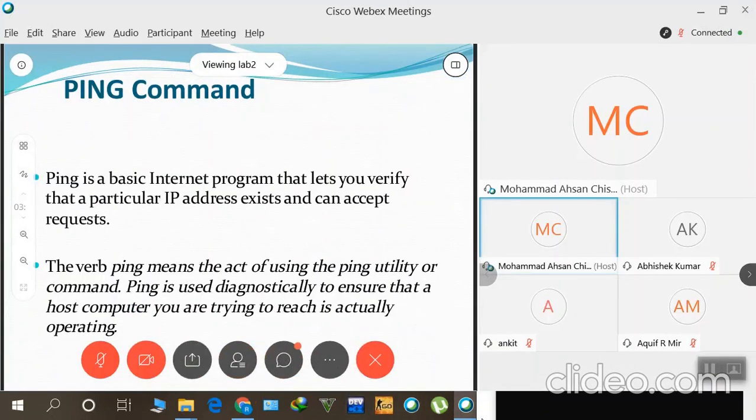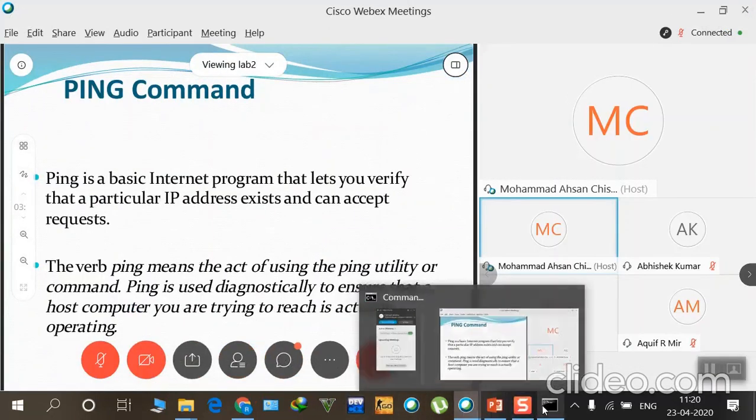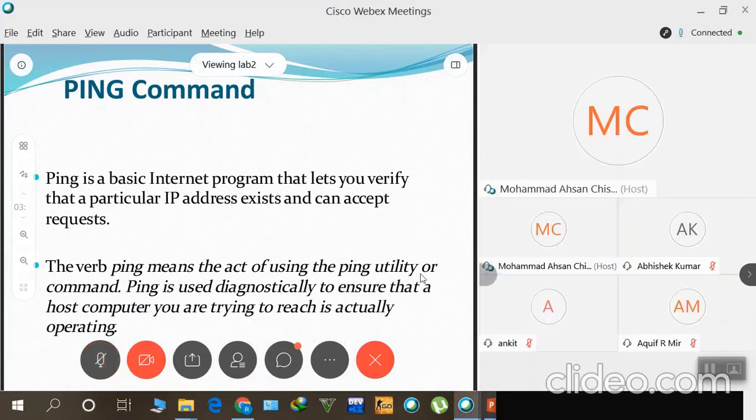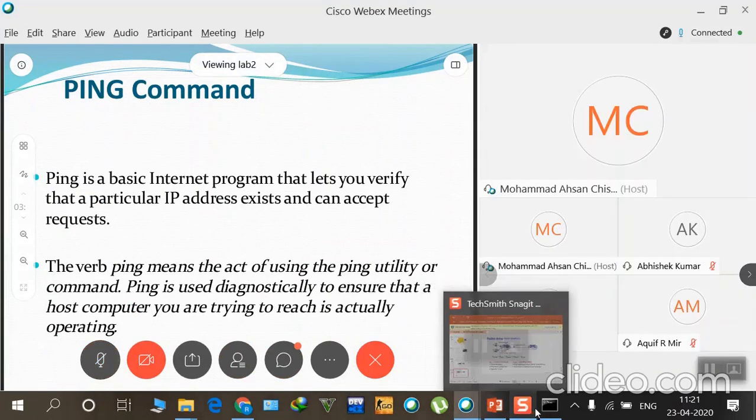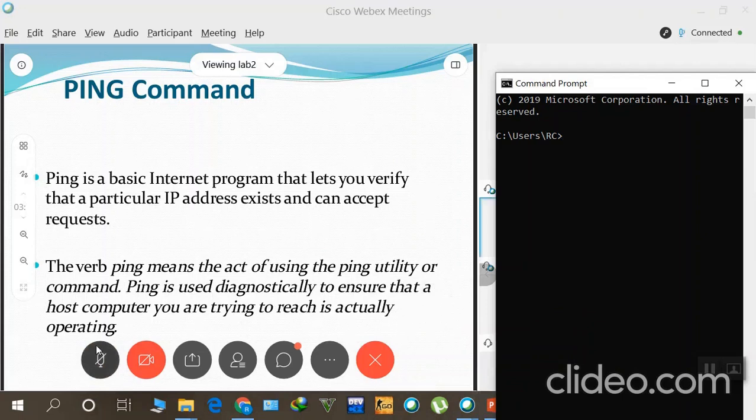You got it? Ramanand? Okay, you got command prompt? Fine. So,